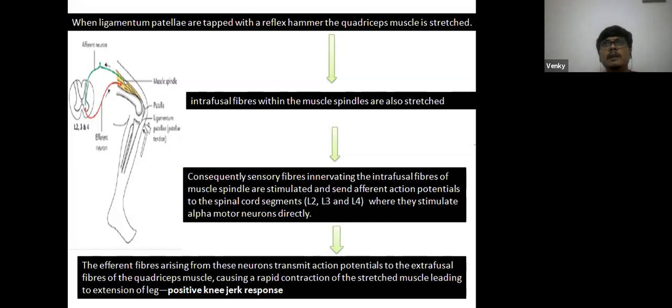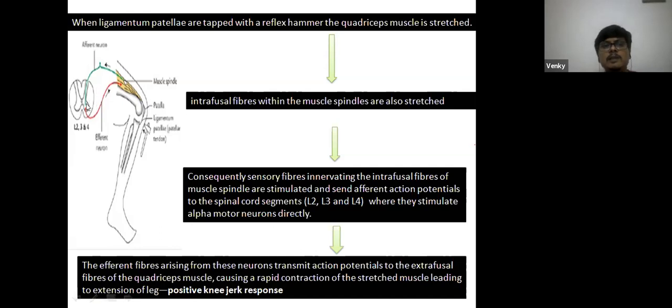What happens if a lesion occurs at C5, C6? That is, if your anterior horn cells of C5, C6 are affected, and you are tapping the biceps tendon. The impulse generated in the intrafusal fiber should enter the C5, C6 anterior horn cells. Okay, it has entered now, but there is a lesion at the level of C5, C6. Hence, it can't pass beyond to the efferent fibers. Hence, the stimulus gets interrupted here. So as a result,